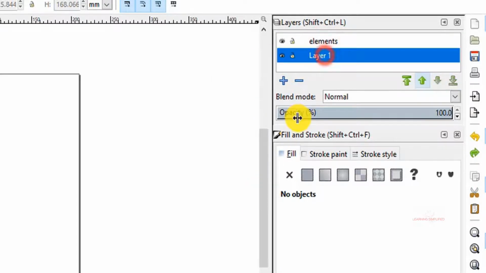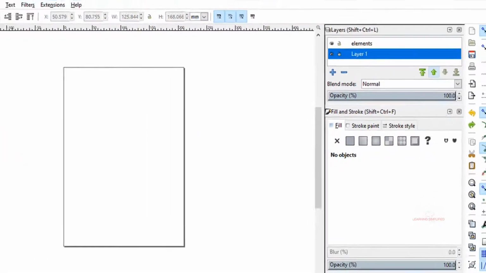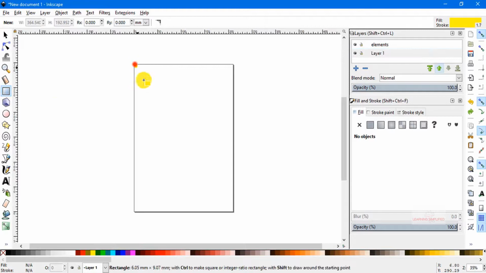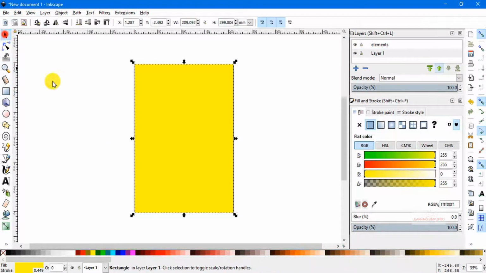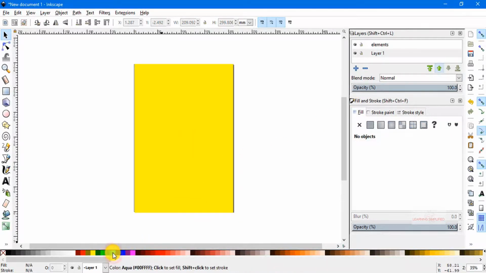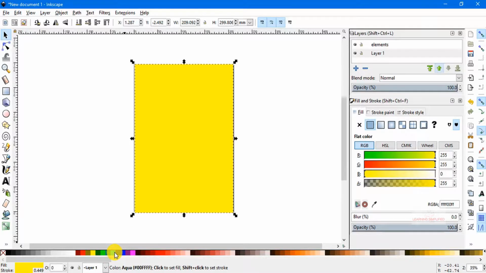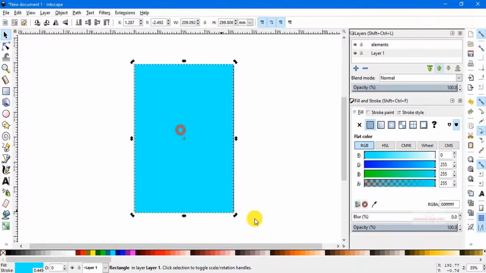Now in case of this Layer 1, the first thing we can do is draw an object on it. So I am just drawing a rectangular box here, and say we wish to put some different color to it, so I selected this box and pressed this blue color right over here.